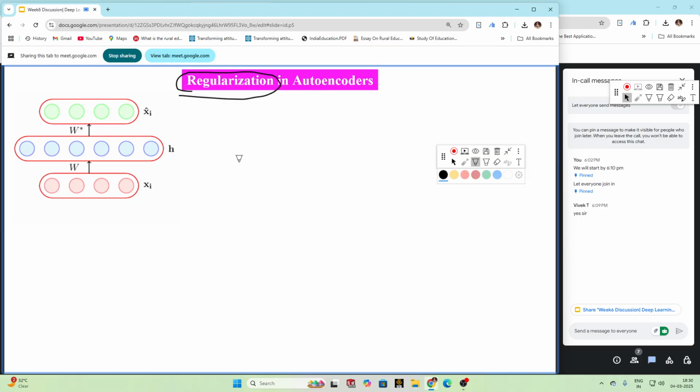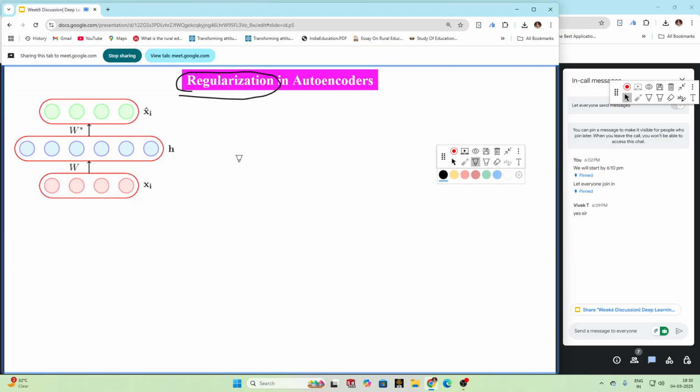If our model is not regularized, or if our model is very complex with so many parameters, what will happen is that our model will learn our training data so well, but it will not perform well on our validation and test set data. That is known as generalization. Our model will fit the training data so well that when it is given unseen data like validation or test set data, it will not be able to perform that well. That is the generalization issue of the model.